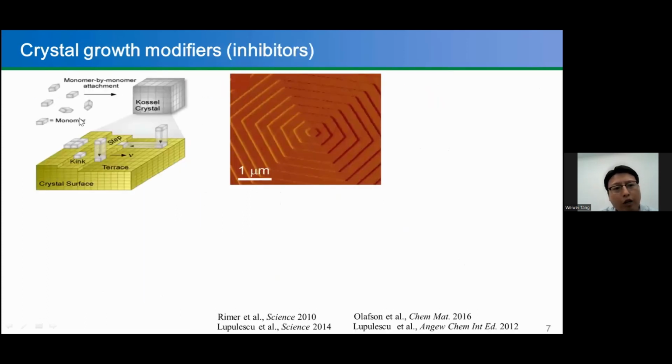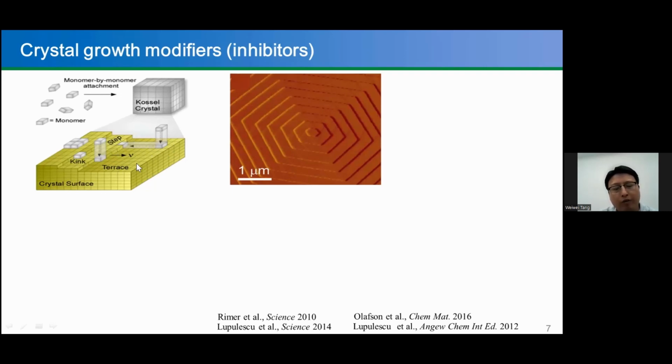According to the classical crystal growth mechanism, the step propagates on the crystal surface to form new layers, and there are three types of growth sites: one is kink site, another step site, and terrace site. Solutes can be incorporated into the kink site by either direct incorporation or surface diffusion pathways to realize the